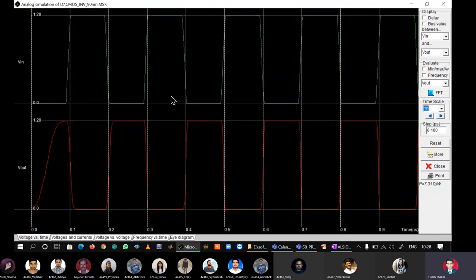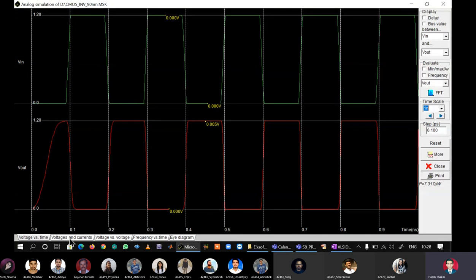You are seeing here, students, the fluorescent green waveform when Vin is 1, Vout is 0. When Vin is 0, Vout is 1. So this is actually the functionality of a CMOS NOT gate. So students, what we are seeing in the waveform is simply voltage versus time.